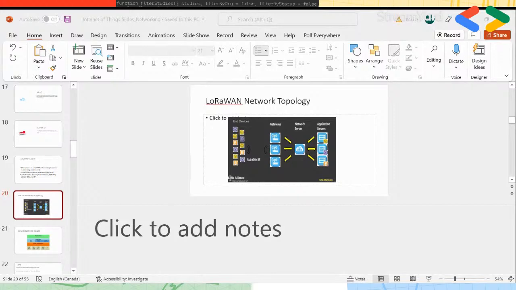What sort of connection do we use between the gateway and the cloud? The network server is the cloud now, okay? So what sort of communication protocol do we see? Do we use LoRaWAN between the gateway and the network server or the cloud? Come on, guys. We mentioned this at the beginning of the presentation.